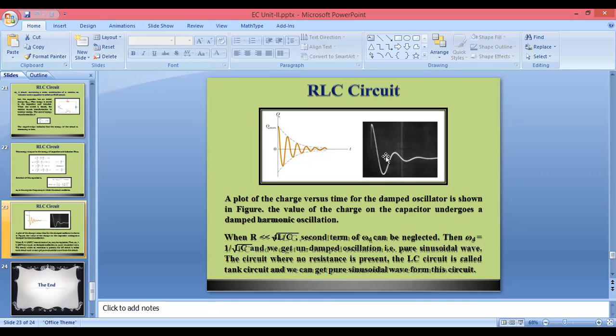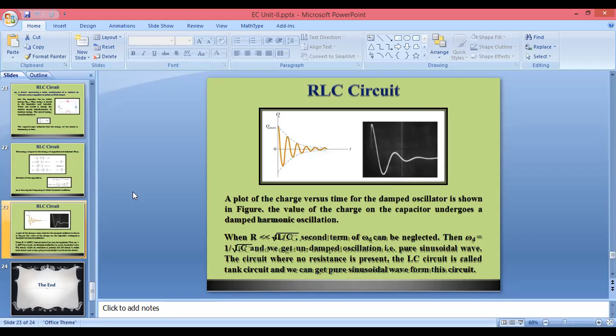If we will get exactly sinusoidal wave and if there is no damping, मतलब वहाँ increase भी नहीं हो रहा है, वहाँ कम भी नहीं हो रहा है. With respect to time, if the value of current is not over damping or not under damping with respect to its peak value, then we can say that oscillation is undamped, and you will get undamped oscillation when the value of omega, this is the angular frequency, will be equal to 1 upon square root of LC.